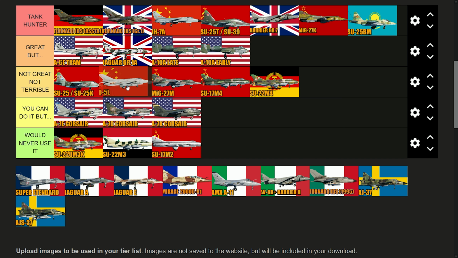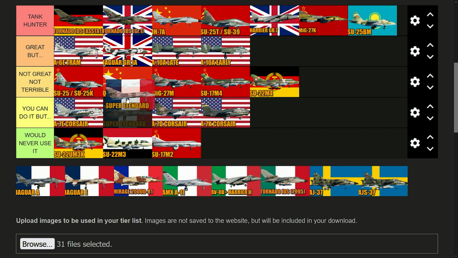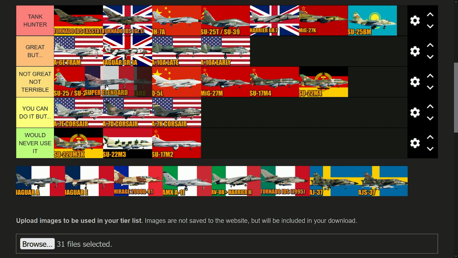So it's on the mix over here, I would say. It's probably on the mix. Super Etendard, same kind of line of thinking as these ones, you know. The problem is that it doesn't carry a lot of bombs. The performance is not quite there, you know, but it's a good aircraft and it can do a lot